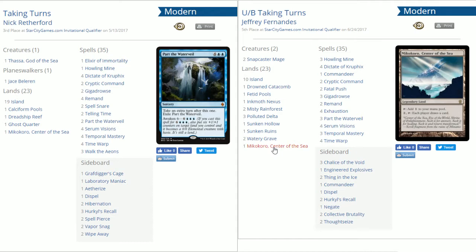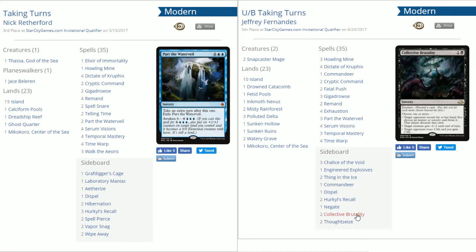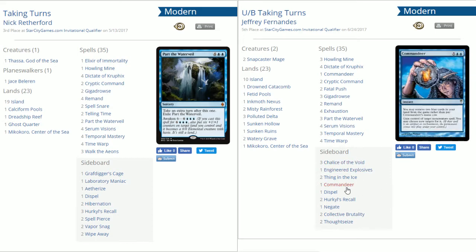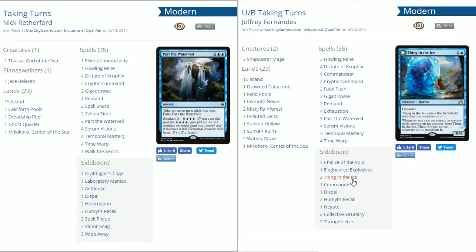Alright. Fatal Push is sweet. What other stuff? What's the other draw? Well, a lot of it's this sideboard stuff, right? The same for white. Why would we want it? Because of these sweet cards. Like, we got Thoughtseize, Collective Brutalities in here. I like it, right? Then this also gives us access to some other fun stuff. We've got Chalice of the Void in this list, Engineered Explosives, Second Commandeer, Dispel, Hercule's Recall, Negate, and my favorite,